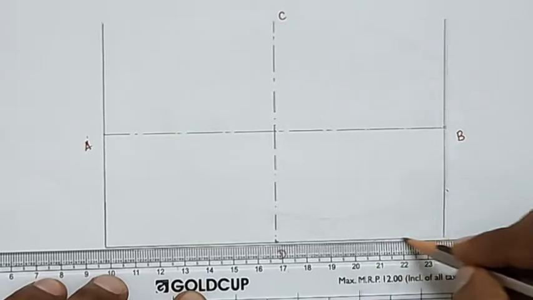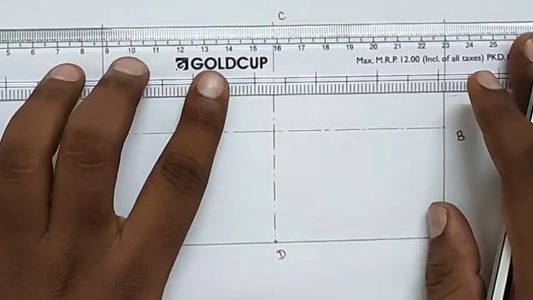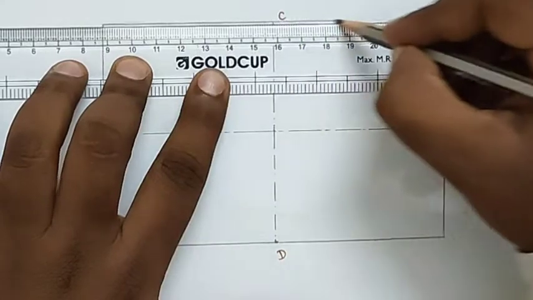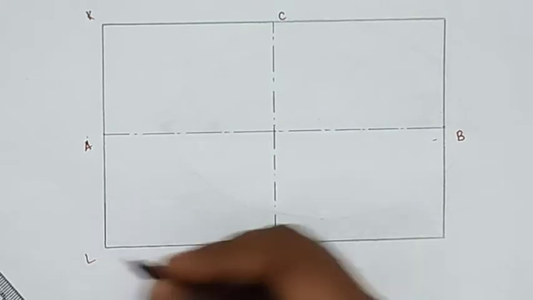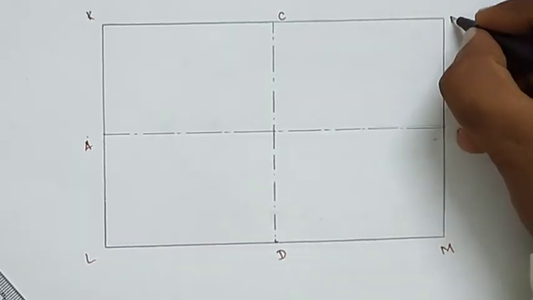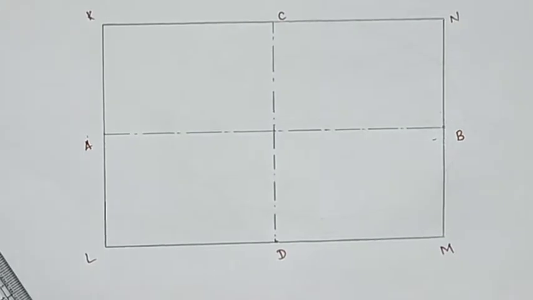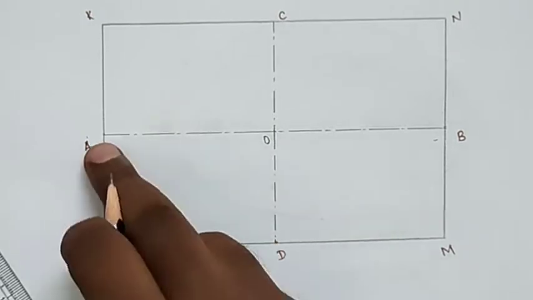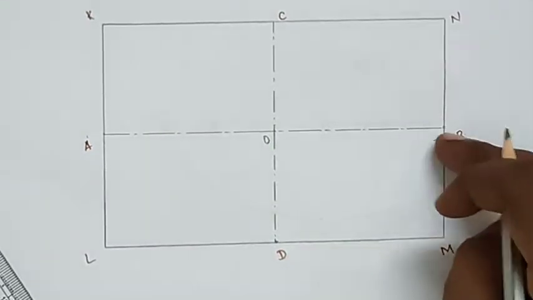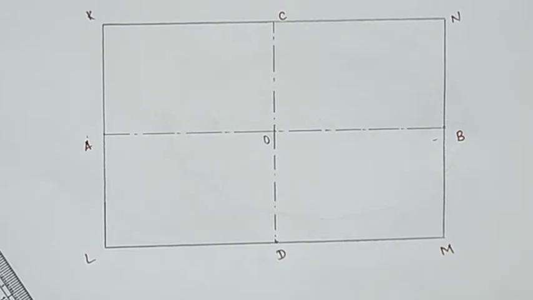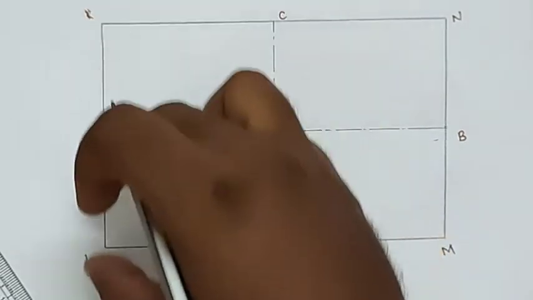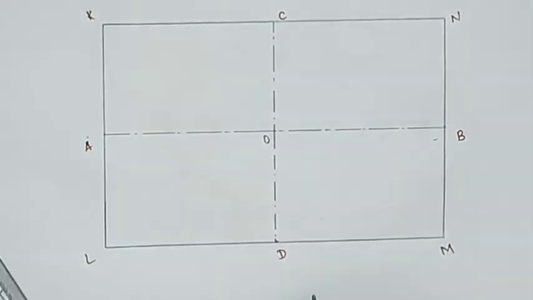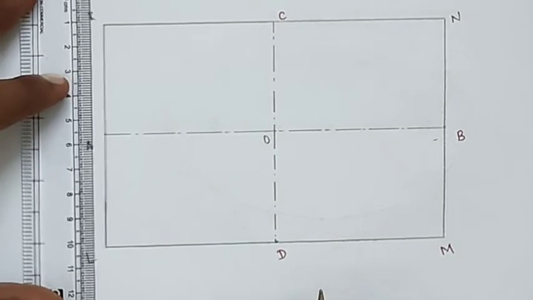And give the naming for the rectangle, we can call it KLMN. You can give any naming, sir. I am giving the naming for that rectangle as KLMN. Now you can divide it here: AK line and AL line and OA line and OB line and NB line and BM line into number of equal parts. First of all, divide AK line and AL line and AO line into number of equal parts.